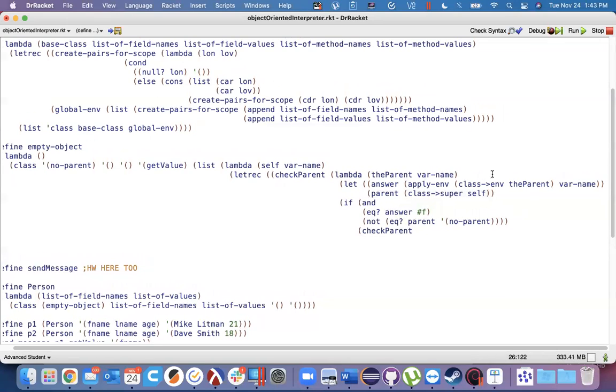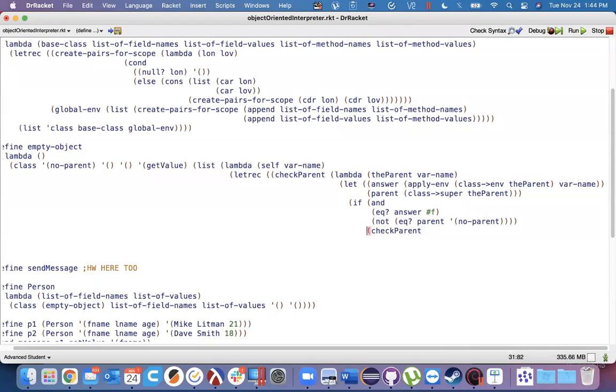And I'll be asking whether, I'll go ahead and get that guy's parent as well. So now I have those two things as the local environment for this lambda that lives inside of this letrec. So this guy can now ask the question, if both of these things are true,